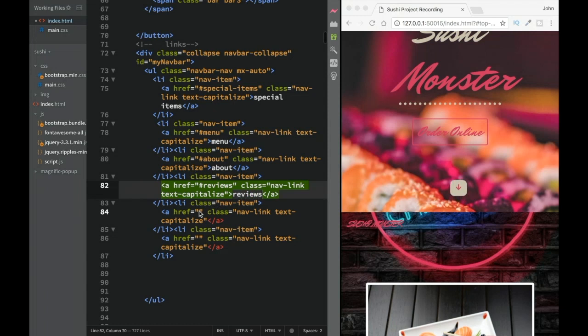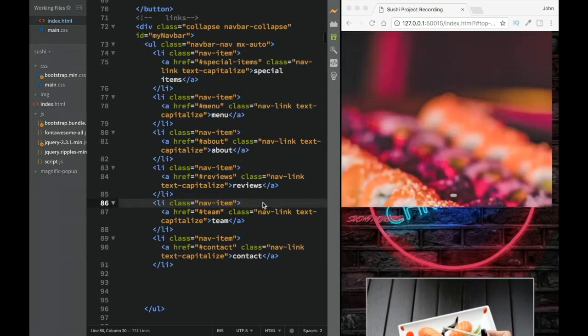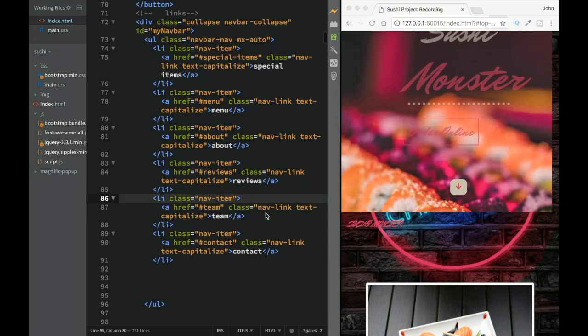And then over here, what we would want is a hashtag team. And also over here, we're going to write that this is going to be team. And then the last one is going to be contact. So hashtag contact over here. And we're just going to write contact. So contact over here. Now, once we have our nav ready, then what we would want to do outside of